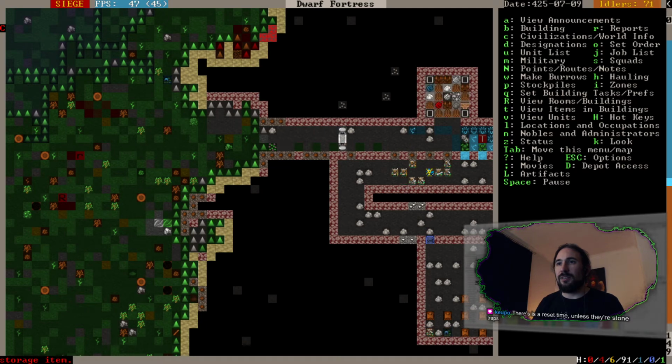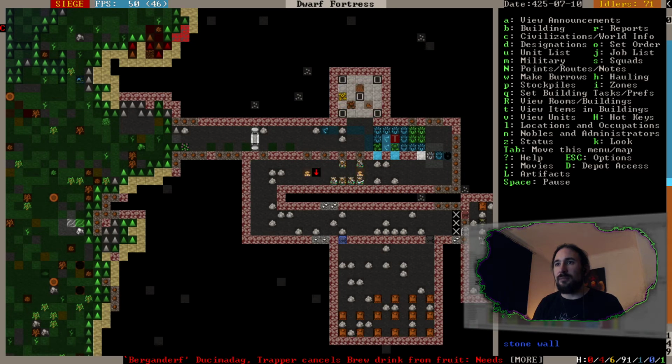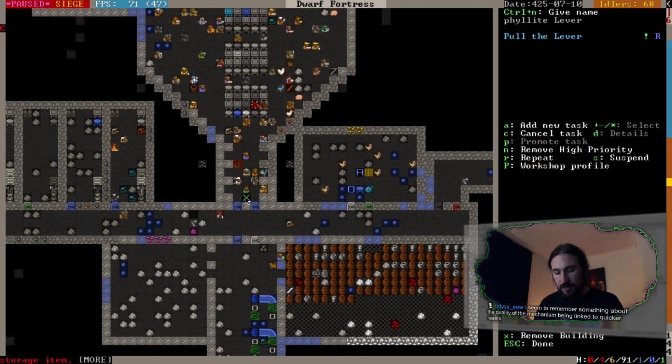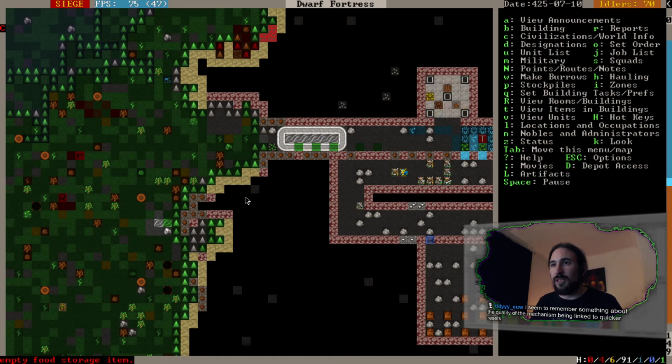Come on, get a bit closer, my little goblin friendos. Gobbo boys. Actually, we could try and reset the traps. That might be the best way to do it. So, just quickly, I'm going to stop the order for pulling the lever. Cancel. There we go. Hopefully it will stay open. It might close again. But if it closes...